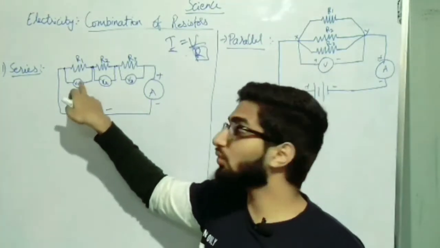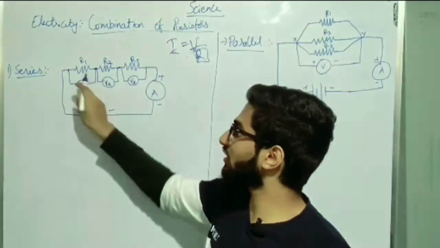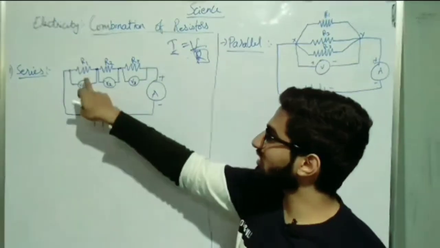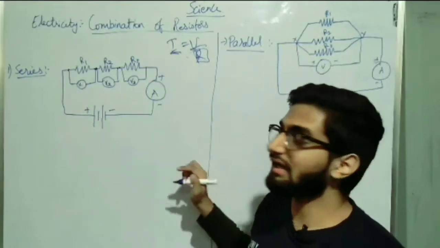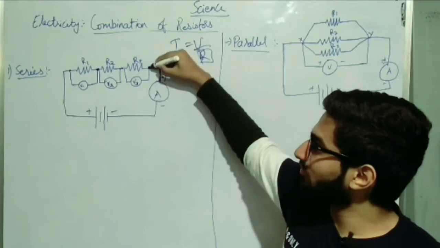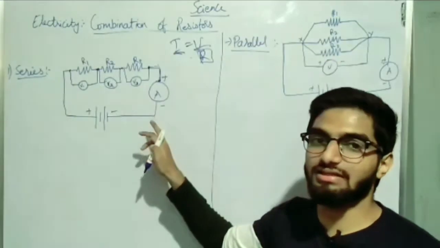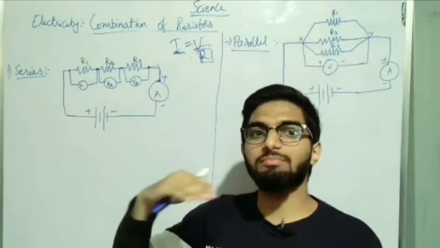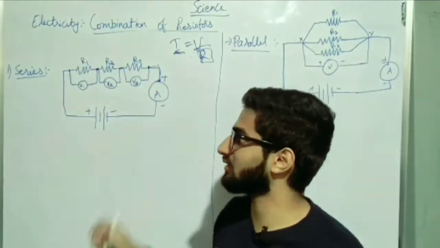Your voltmeter will always be parallel to your resistance. Parallel means what? It's one above the other. You see, this is your voltmeter and this is your resistance. And to measure your current, you should have your ammeter. Ammeter will always be in series. This terminal is attached with the terminal of your ammeter. So this is in series. So remember, whenever you draw a circuit, the voltmeter will always be parallel to your resistance and the ammeter will be in series with your resistance. So this is your battery.